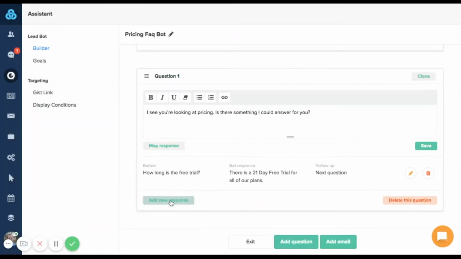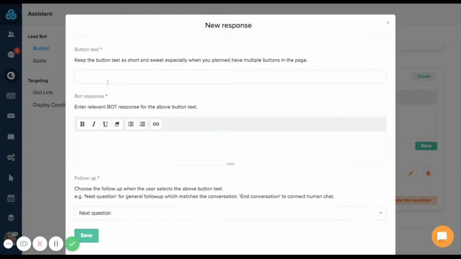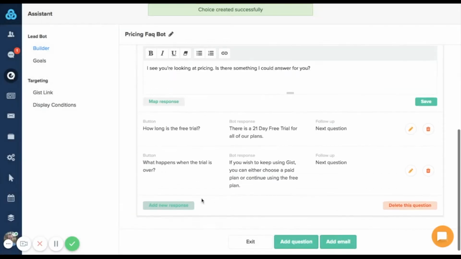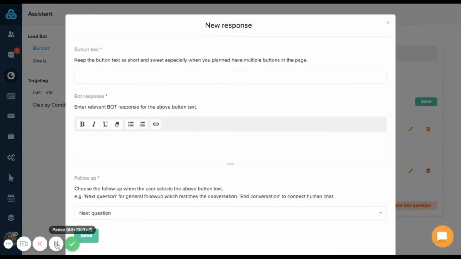Okay, I'm going to add another response, which is, what happens when the free trial is over? Definitely a common question. And the answer to that is, if you wish to keep using Gist, you can either choose a paid plan or continue using the free plan. And then I'm just going to leave that as next question again, save that, and add one more response just